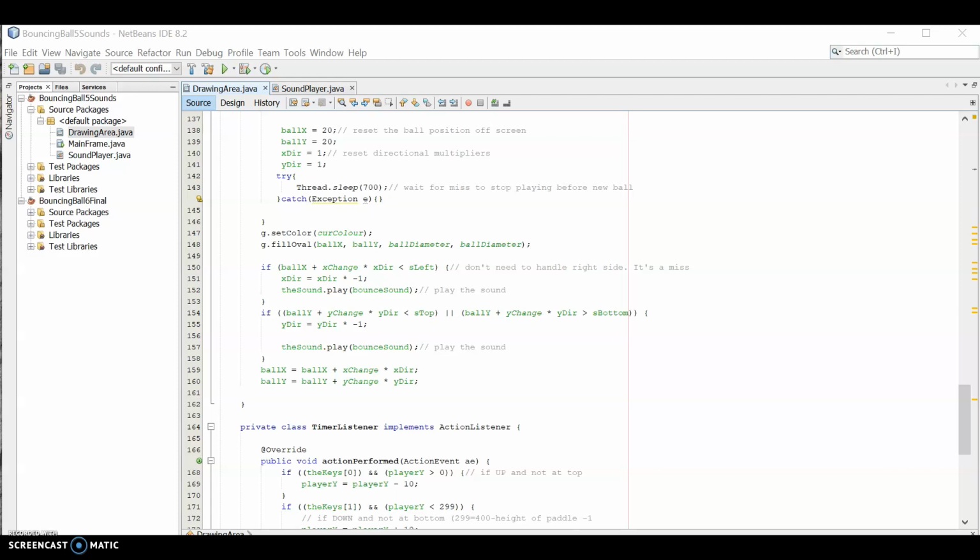Hello class, now we're going to add sound to our game. So we're going to have a bouncing sound when the ball hits a wall. We will have a boing sound when the ball hits the paddle. And we'll have a different sound to indicate that a miss happened if you didn't hit the ball with the